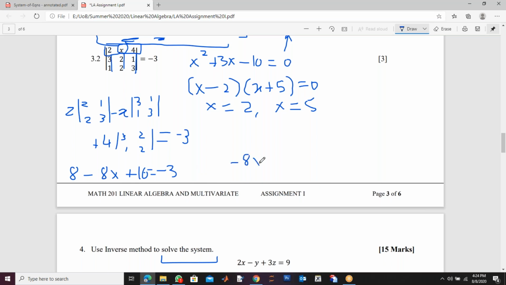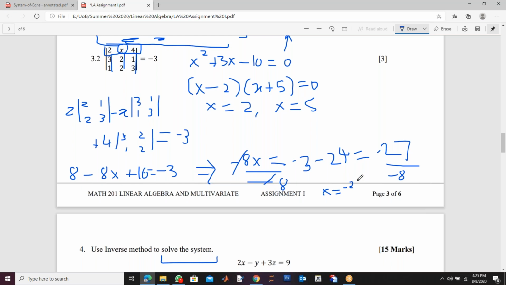So minus 8x on the left, equal to minus 3 minus 16, and so on. Then x will become, if you divide by minus 8, this is your x, 27 by 8. Okay, so hopefully this is your correct answer, but you can check whether these calculations are correct. Just redo this problem. I hope the minus sign is cancelled. 27 by 8. Okay, so that's how you can find x from here.